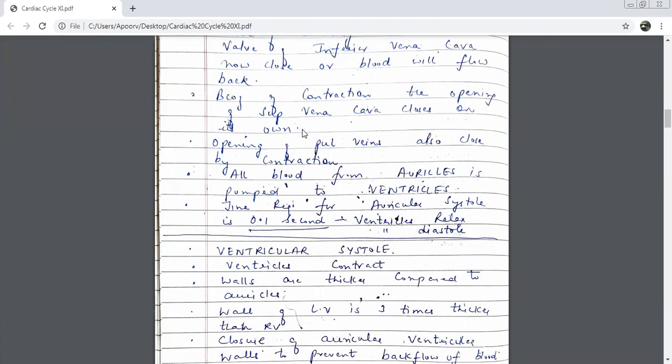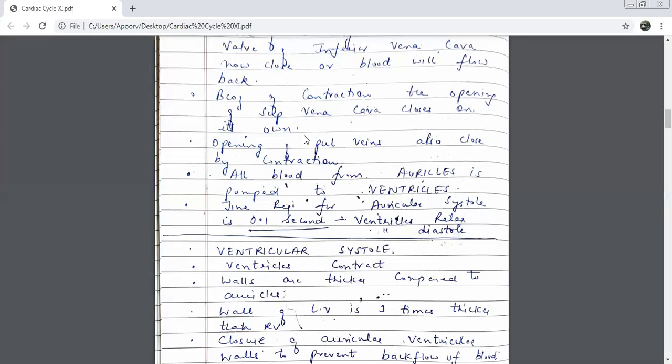Auricles. And what about the superior vena cava? Did it have walls? No, ma'am. I told you that it enters at such an angle that when the auricles contract, the opening automatically closes. This is what we had done, if you remember. Yes, ma'am. Now, when the auricles contract, the opening of the superior vena cava closes on its own. So all the 3 vessels are now closed.